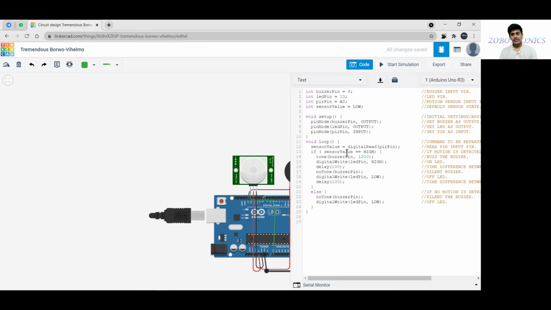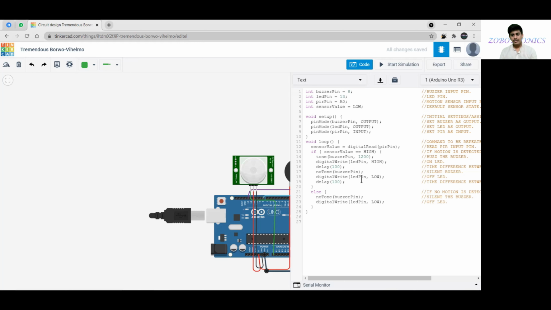So if the sensor value is high, then the buzzer will be on, and digital write LED pin will be high, meaning the LED will glow, and a delay of 100 milliseconds is given, and if not, no tone is given to the buzzer pin.